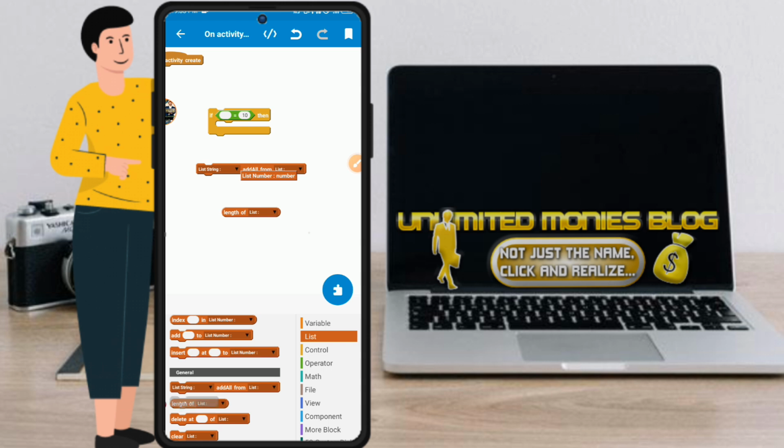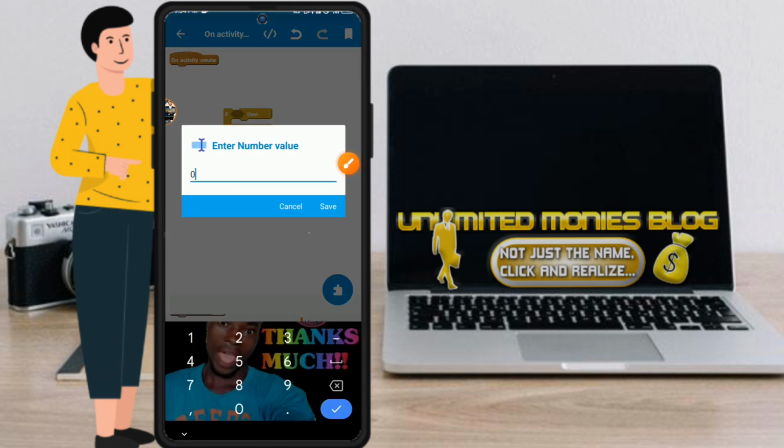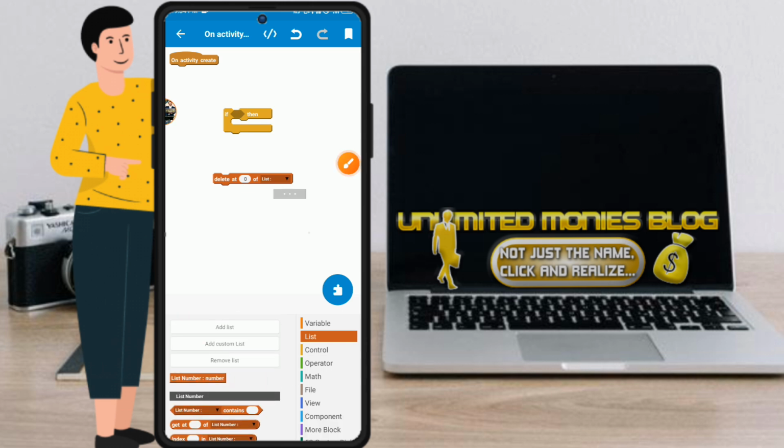The next one that we have here is delete at position of. Let me remove this one so that you'll not be confused in this tutorial explanation. So here we have this block known as delete at position. This number value always comes with 0 for the position. Let's just say 0 in short. So something like this always contains 0 if you want to make use of it. Let me fix this thing so that you understand. I will explain it all. It means